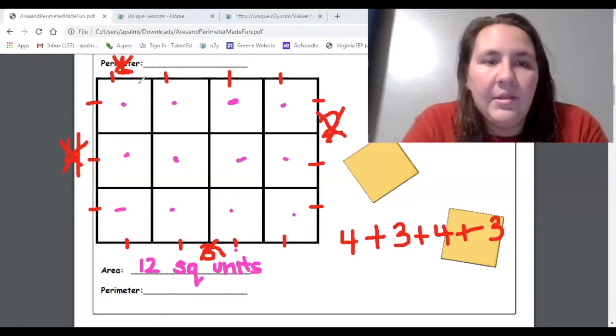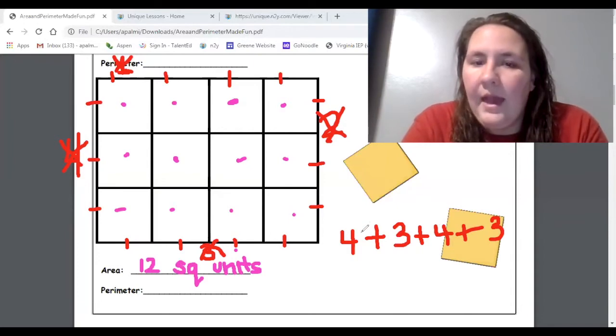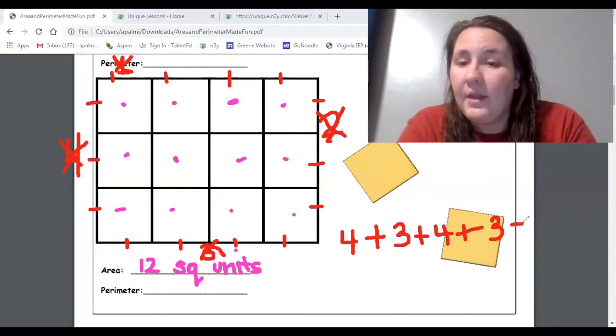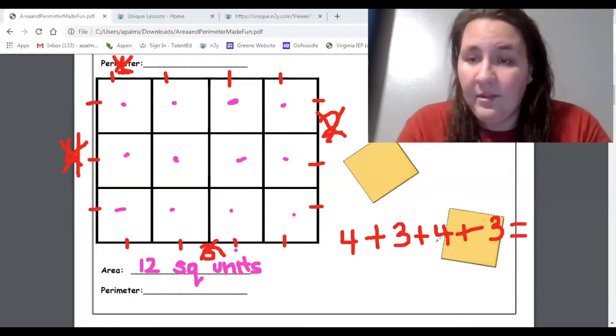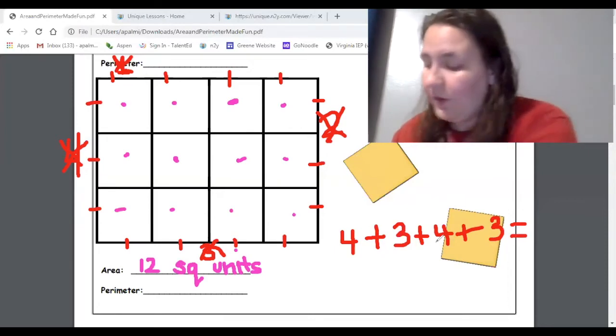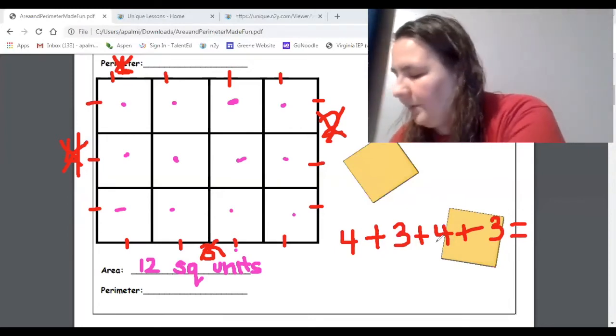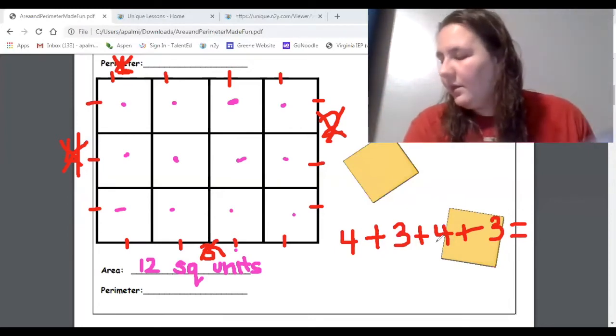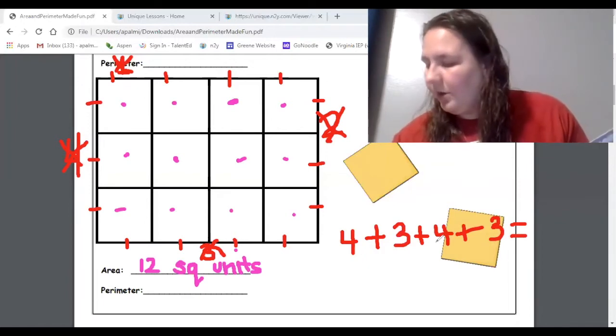No, right? I can see that I crossed them all out, which means I got them all, and I have 1, 2, 3, 4 numbers for my 4 sides. So that means I can put my equals, right? Now I have a math sentence, and I can use my hundreds chart to figure out the answer, right? Okay, so here is my hundreds chart,